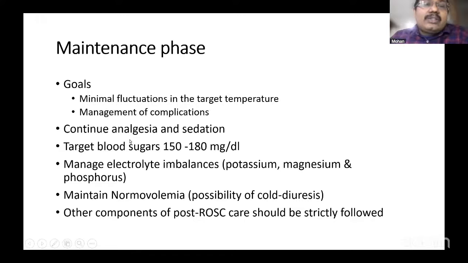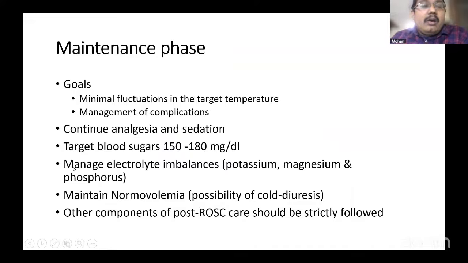Now, once we induce the patient to a targeted temperature, it is important that we maintain that target temperature with minimal fluctuations. And if at all complications happen, say bleeding, hyperglycemia, arrhythmias and all, we need to manage those complications. Those are the goals of maintenance phase. Now, we need to continue analgesia and sedation. We need to target blood sugars 150 to 180 mg per deciliter because hyperglycemia is bad for the brain